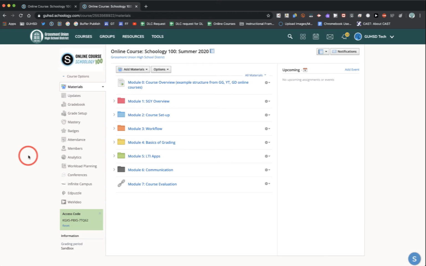So built within Schoology is a Conferences app. And you can find the Conferences app on the left-hand side of your menu items right here under Conferences. Now, if this is not already preloaded onto your Schoology, here are the steps to load the Conference app into